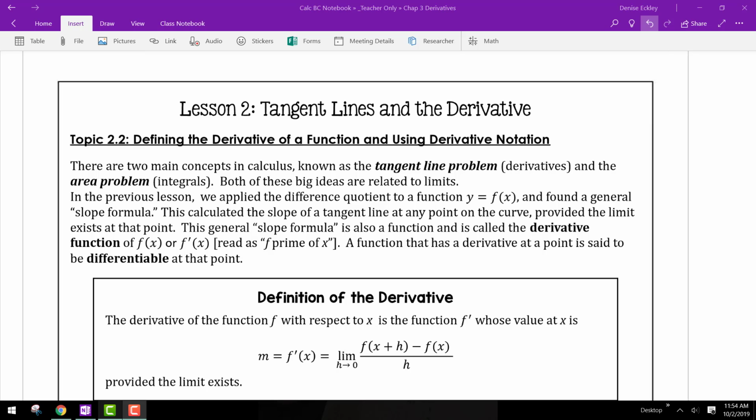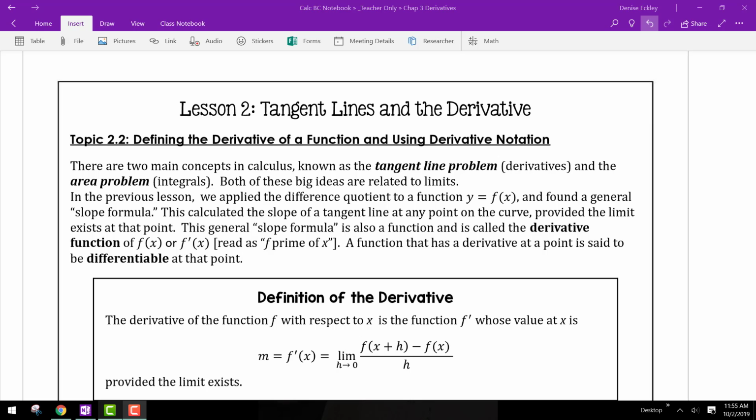This is lesson 2 of unit 2 on derivatives. This lesson is about tangent lines and the derivatives. We are going to be connecting what we did in lesson 1 to a more formal introduction of the derivative. In calculus, we have two big problems that we deal with, and they are the tangent line problem,